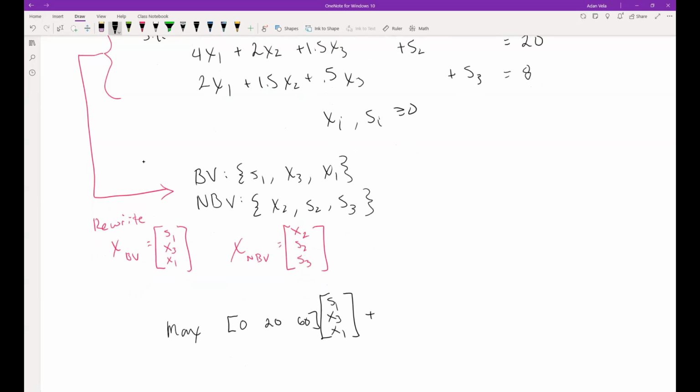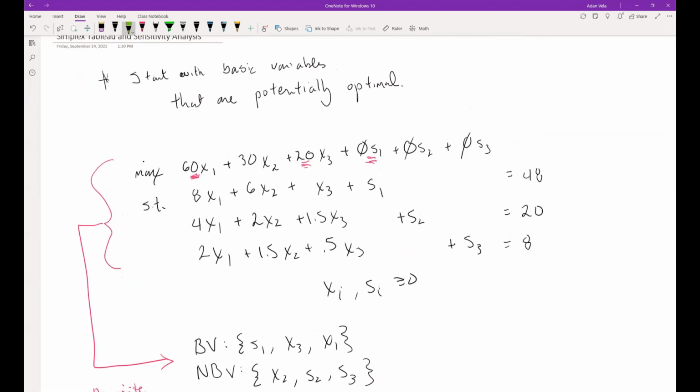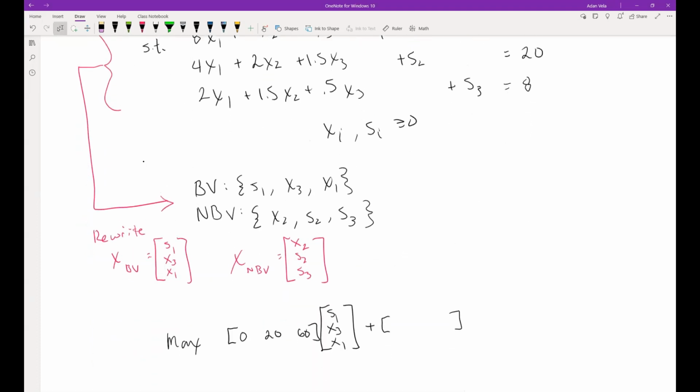All right. So the next part of it will be the cost function according to the non-basic variables. Right? So if we look at everybody else, and I'll denote it in green, we have 30, 0, and 0. All right. So with that,